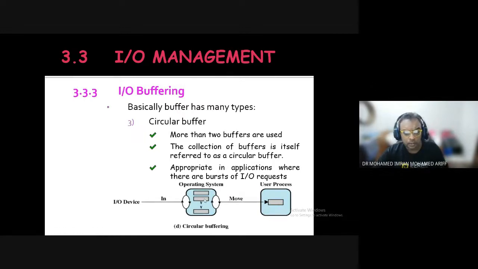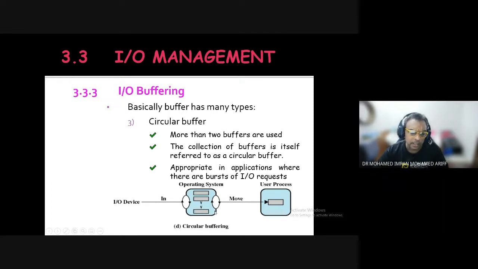A circular buffer pula, okay, it circulates only around here, okay, and if there is a request to get a certain type of file, okay, you are still available to get it here. That means it only circulates here. Let's say dah sampai sini dah penuh dah kat sini, so it transfers, okay, but the original file is still here. Dalam buffer ni ada lagi file original. Kat sini you dah buat changes dah. So a circular buffer is more than 2 buffers and it circulates around the operating system.